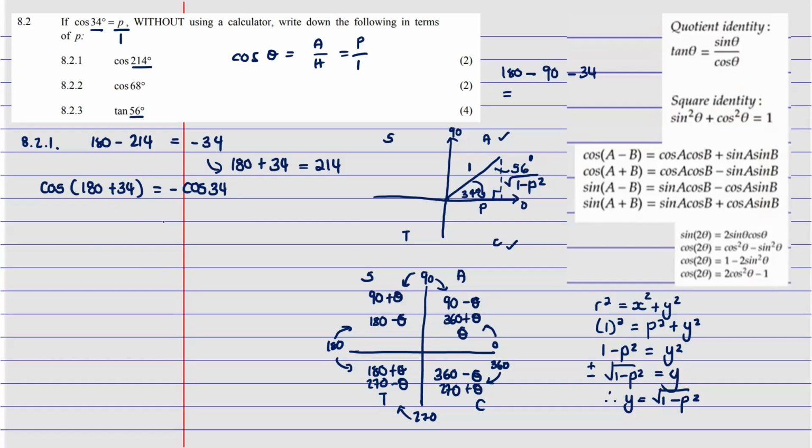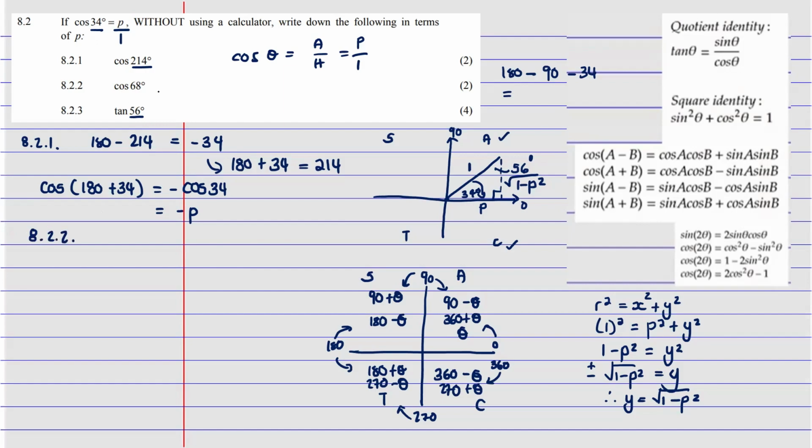Yes, ma'am. So this is going to be the same as negative. Remember that cos 34 degrees is P. So this is going to be negative P, and that's going to be your answer for that question. Okay? So I hope that makes sense. Now we're going to move to